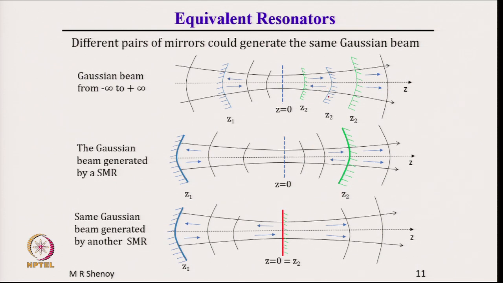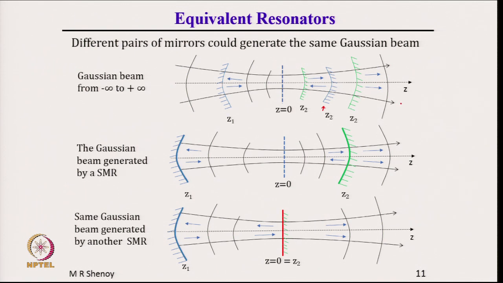Depending on the position, the radius of curvature of the mirror should be different. In other words, if you have mirrors of different radius of curvatures, and if you need a particular Gaussian, you can place the mirrors at exact positions. What are those positions? Positions at which the radius of curvature of the wavefront fits the radius of curvature of the mirror or the curvature of the mirror. And therefore, accordingly, we can have a resonator by having one mirror here.